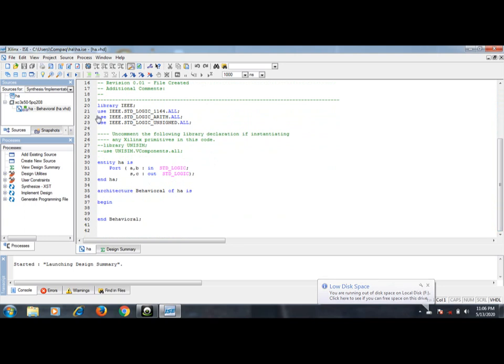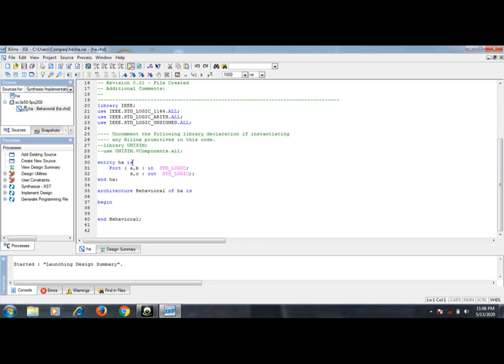Our main VHDL program contains the libraries. After that it contains the entity part, and next it contains the architecture part. Entity part is going to explain the black box view of the program. Architecture part is going to give the functional view of the program. Here entity part is created by the software itself, just by taking the name of the file and the inputs and outputs what we have given.